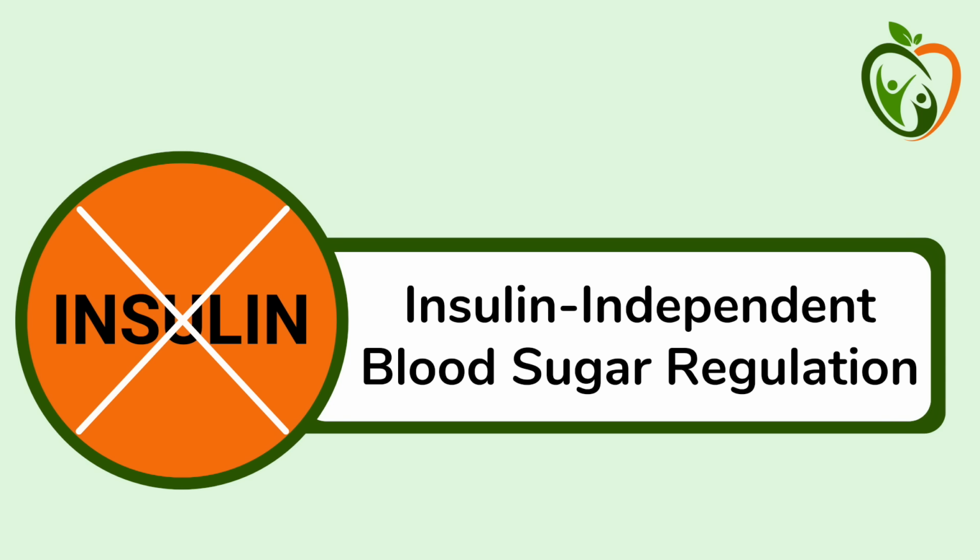So let's close with a discussion of the other part of the equation, insulin-independent blood sugar regulation. This is something that's very rarely discussed, but it has been known for a long time that cells can take up glucose from the blood also through a mechanism that does not involve insulin. A prominent example for this is glucose uptake into a muscle that is being exercised. But that is not the only example.